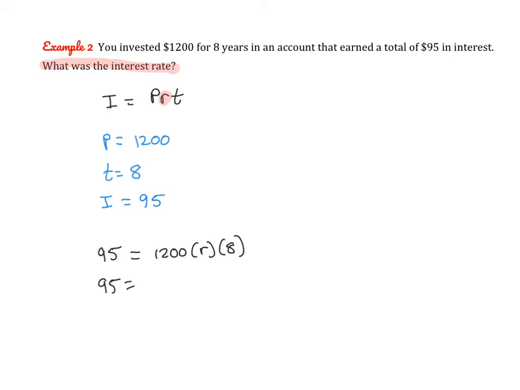So now we can multiply 12,000 and 8 to get 9,600 R, and then we can divide both sides by 9,600, and we end up with R equals